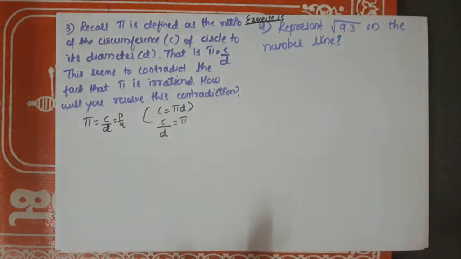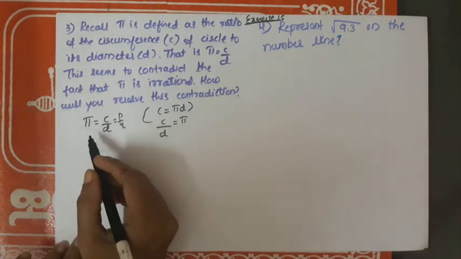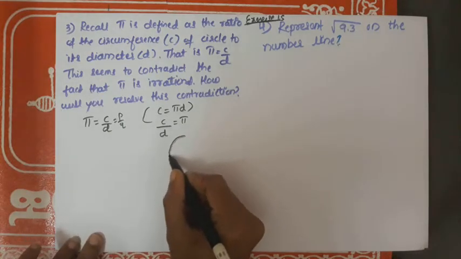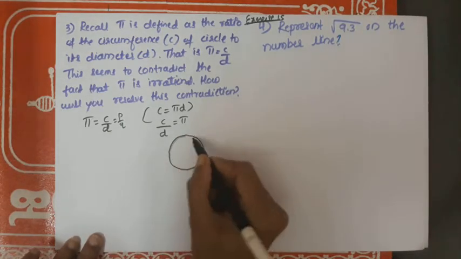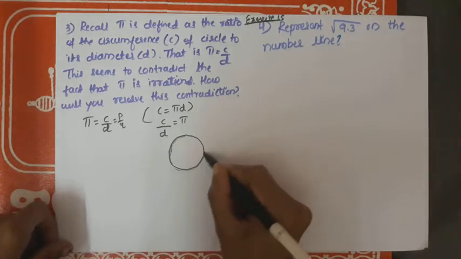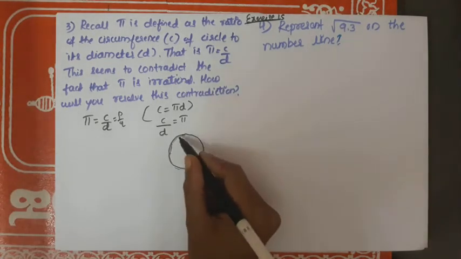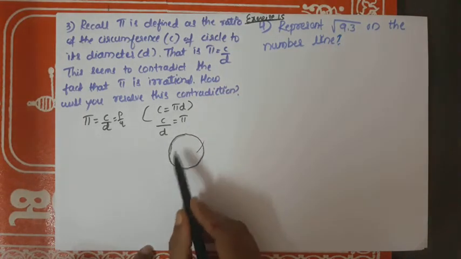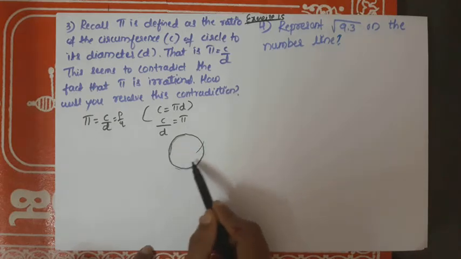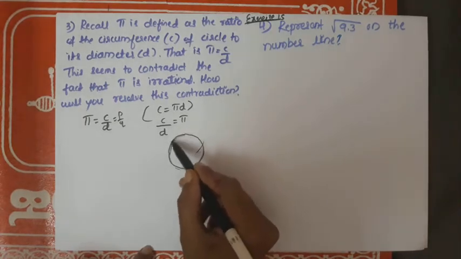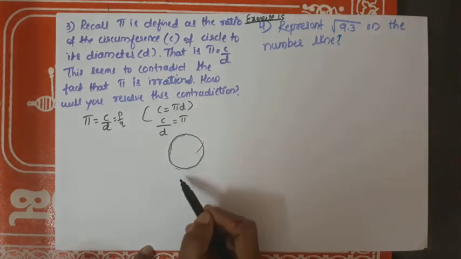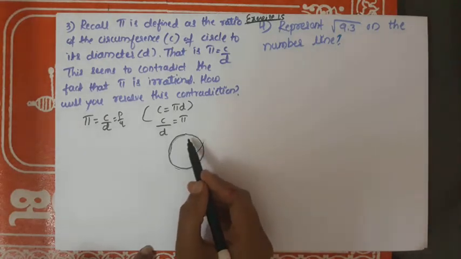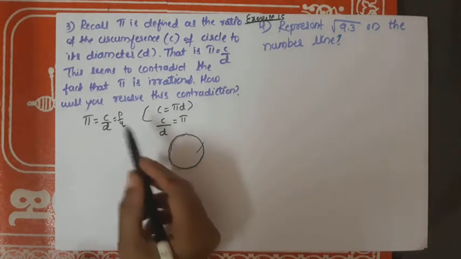So here we will resolve this. On measuring pi, we generally take the formula c by d. See here, when we take a circle, this is the circumference of the circle. When we measure the circumference of the circle, you can use a thread. When we measure the circumference using a thread, we will not get an exact value, so we generally take the nearest value for c.